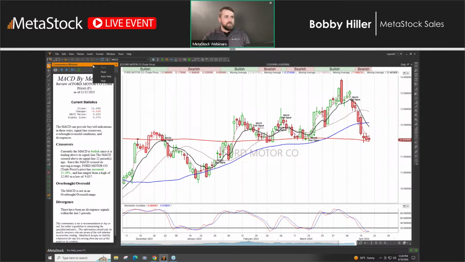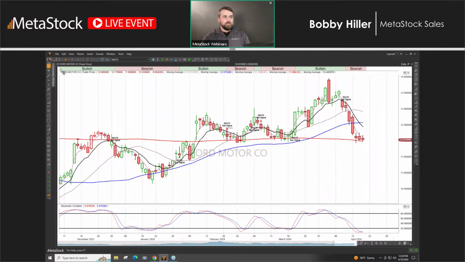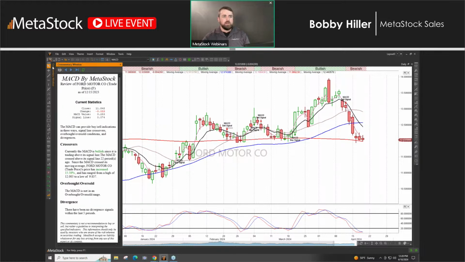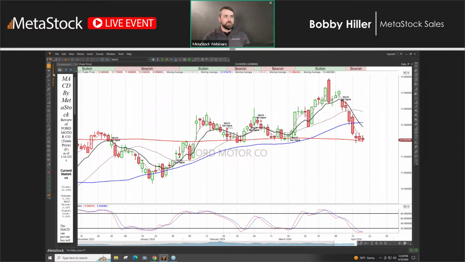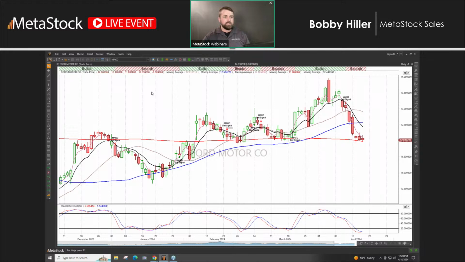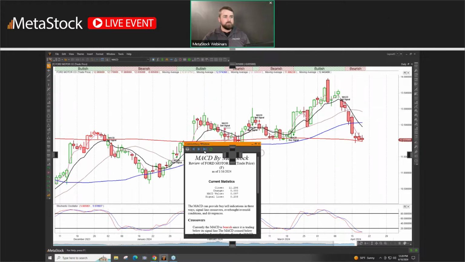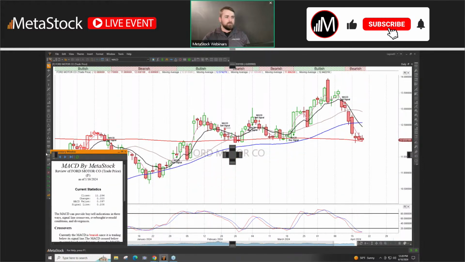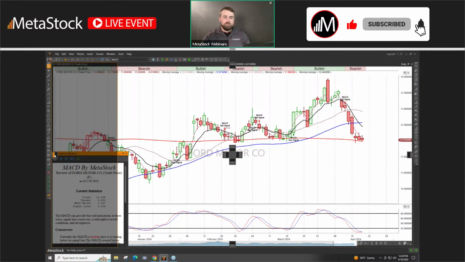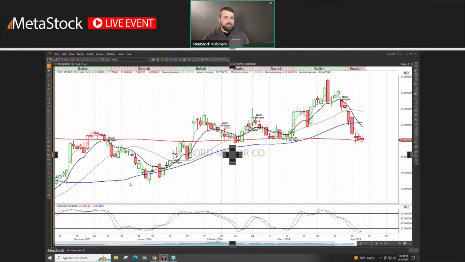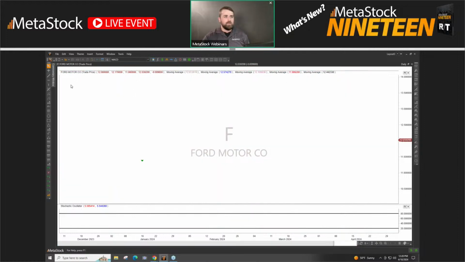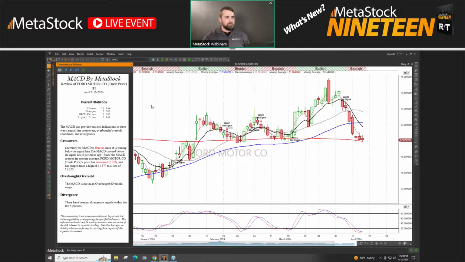If I come in here and right click on this, I can do the auto hide. And when I do that, now you'll see it says commentary window here. And if I just hover over it, it pops the commentary window back out. And then if I come back over here and click, it'll close it down. So I can go back in and do my charting analysis. I could also just click and drag, and then it brings it back out and I can put it where I want it, top, bottom, left, right. You'll also notice it has a big sidebar here to attach it to the side so it always stays, or a little one right next to that. And if I hover over that and let go, it puts it into that hidden mode. So really, absolutely love that.